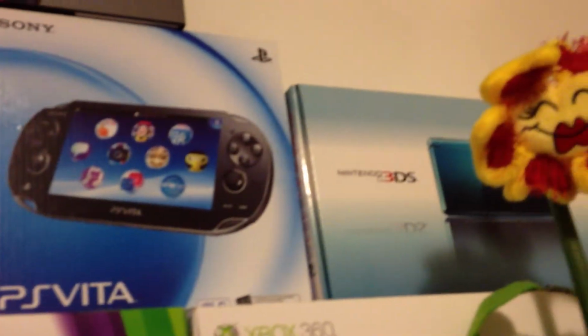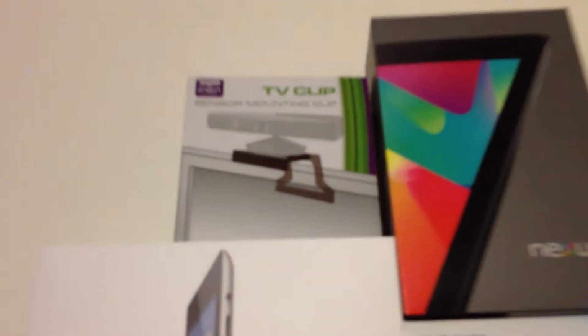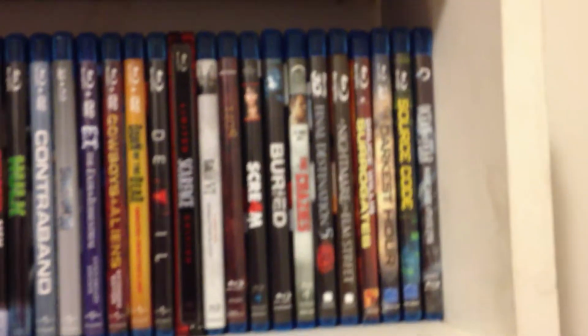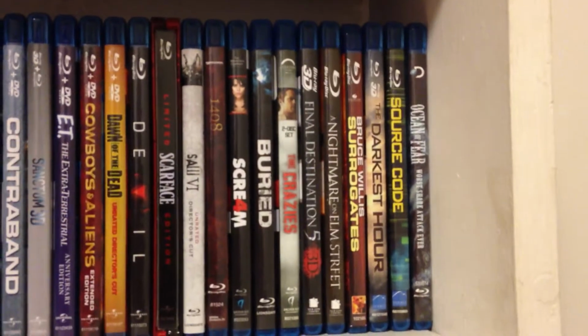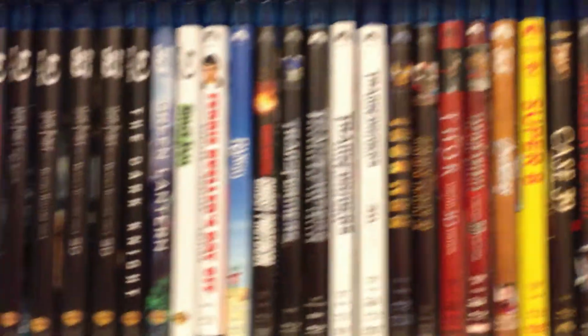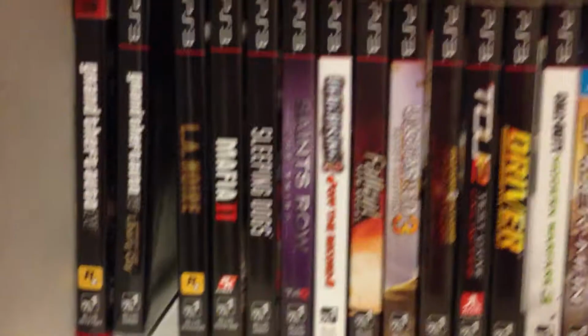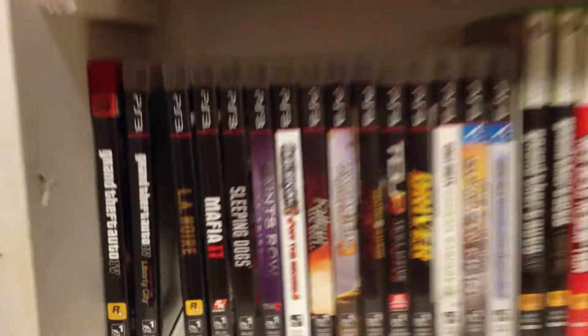And box for my iPhone 4S, iPad 3, PS Vita, Nintendo 3DS, Nexus 7, and that's just a clip for the Kinect, for the TV. And more Blu-rays here. Let me focus so you guys can see, I'll just do a quick run through of all my Blu-rays, not my DVDs, but there you go. And my games, one is missing because a friend is borrowing it, which that one's Max